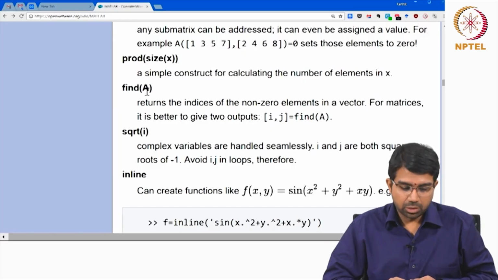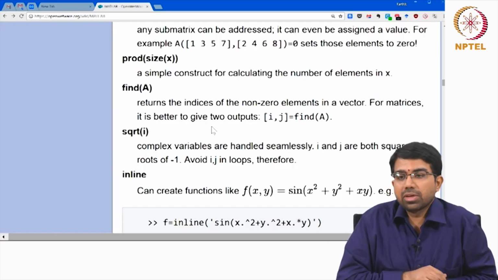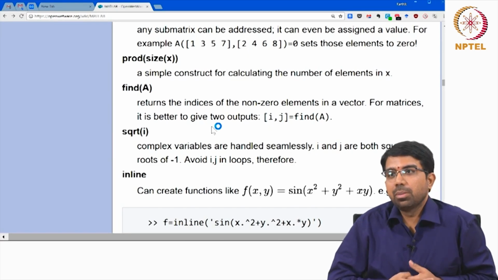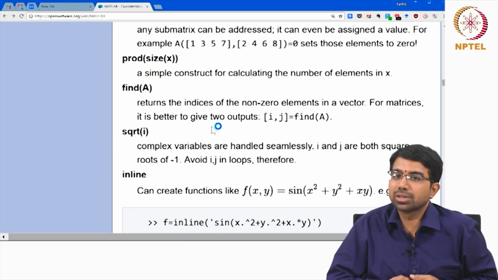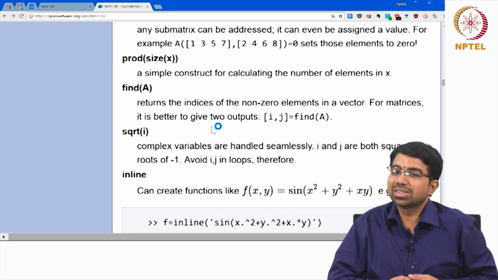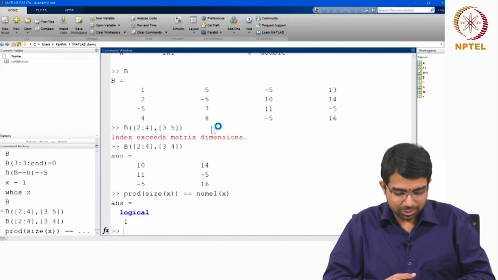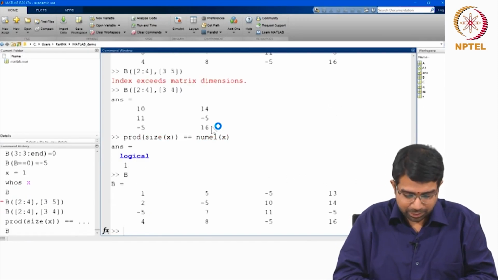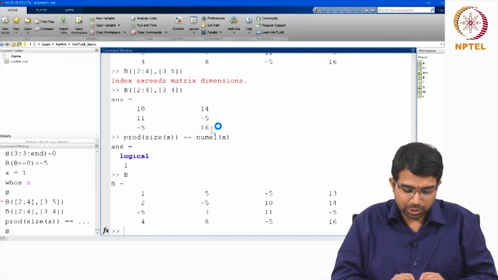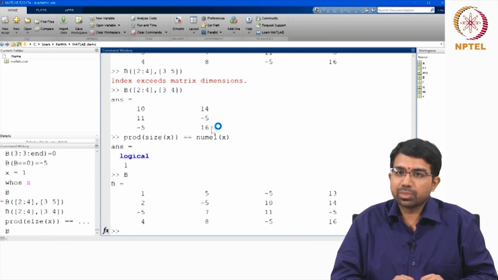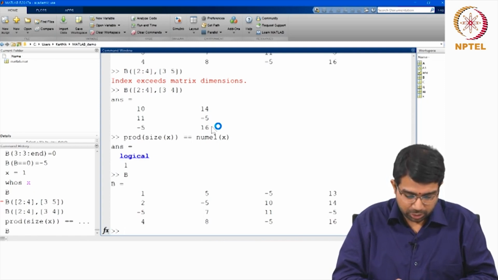So, find is another very important function, but it is often abused. You should not be using it in a lot of cases. You should instead just use logical indexing, right. So, one way to do it is, let us say B is this. Now, I want to change every element that is minus 5 back to 0, right. So, I would first do B, find B